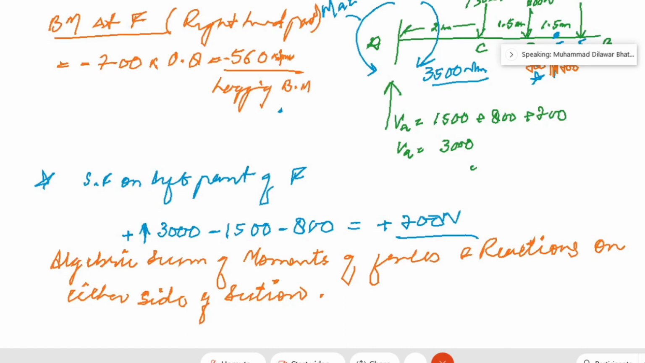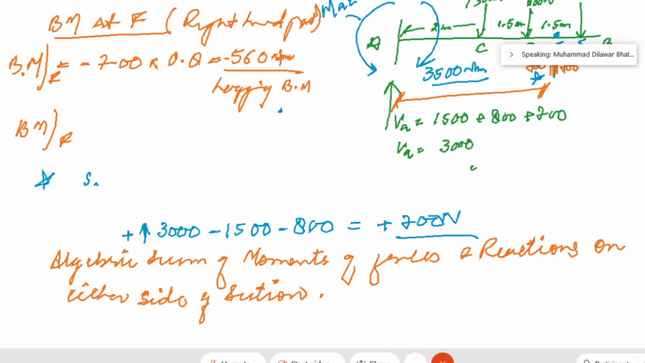Now if I calculate the bending moment at F when I consider the left hand part, which part? This one, A to F. We consider the part A to F. In that case, we have to calculate the moment now. Firstly, what are the forces and the reactions? Firstly, we have a reaction of how much? 3000